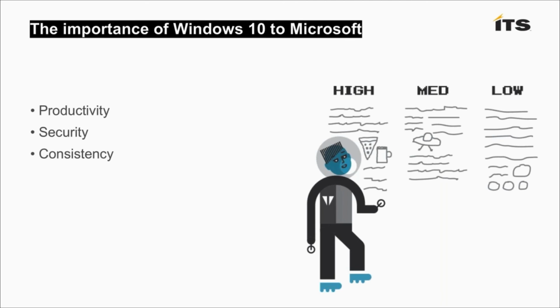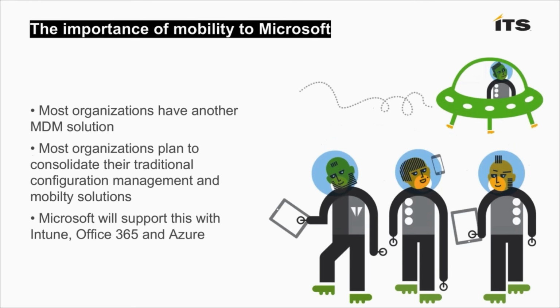And honestly, Microsoft needs every Windows 10 PC in the world to be as similar as possible to help minimize their resources needed to be spent on development and support of those devices. So productivity, security, consistency, that's going to be their focus. I just can't help but keep reiterating, this train is not slowing down. It is not stopping. You either get on board or get out of the way.